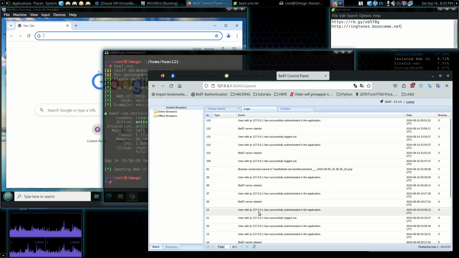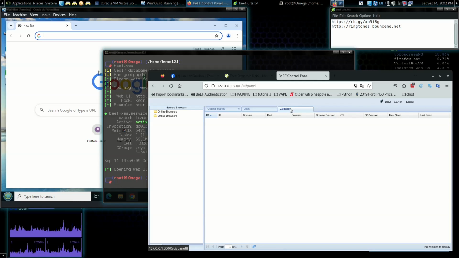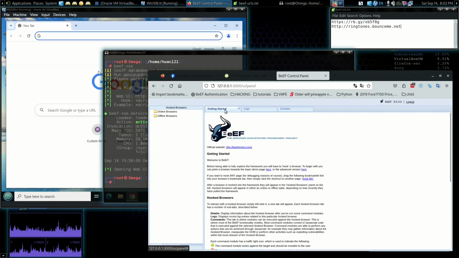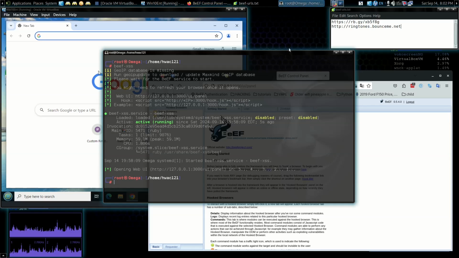You'll have logs here of different connections that you've had. If you collect different people connecting to it, they become a zombie, something you reconnect to. You can set up persistence, and this will collect your zombie list right here. And you see it has valuable information, their IP, domain, port, browser, OS version, last time they connected, first time. Okay, so now that we've got Beef up and running,